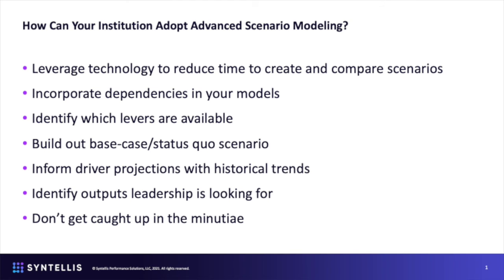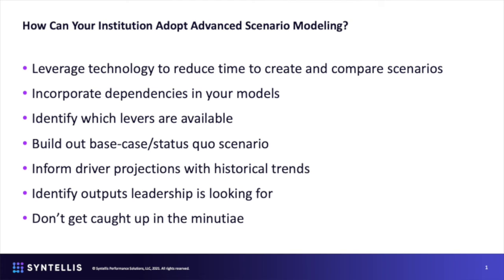Yeah. So when we think about scenario modeling, obviously we talked about it, we've got to use technology. You can usually build a version of a spreadsheet here and another version in another spreadsheet, but comparing those two scenarios in Excel can be really difficult. To do that dynamically can be difficult. Also, incorporating some dependencies in your models. So I think Phil hit on it a little bit in terms of being able to look at capital over different time horizons, and the impact on cash and on the balance sheet is important. Being able to understand those ratios, so the student to faculty ratios as well, building in dependencies in terms of as you raise and increase salaries, the impact on benefits.